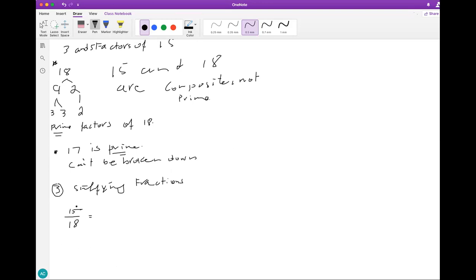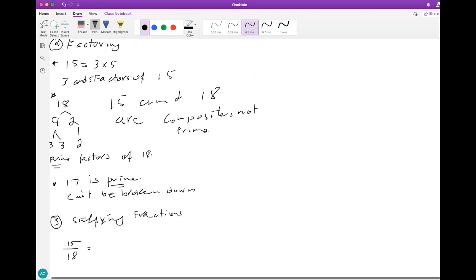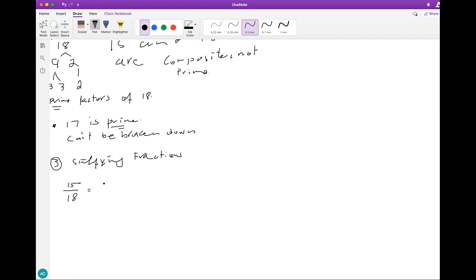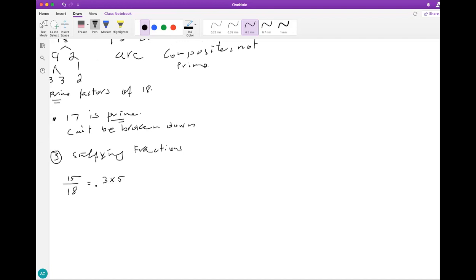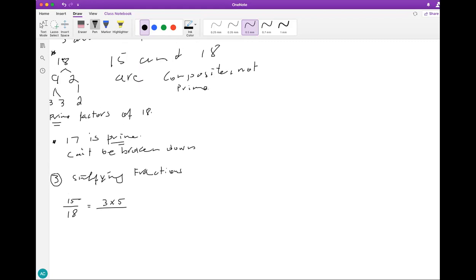We always try to reduce this to possibly a smaller fraction. We do so by factoring the top, factoring the bottom, and we cancel out any common numbers between the top and the bottom. For example, what's 15 again? We already factored it here. 15 is basically just 3 times 5. 18, we broke it down into 3 times 2 times 2. So if you write those here,